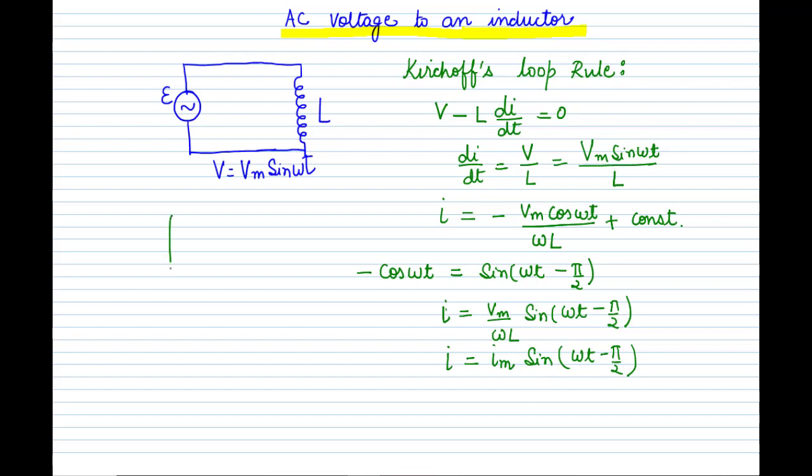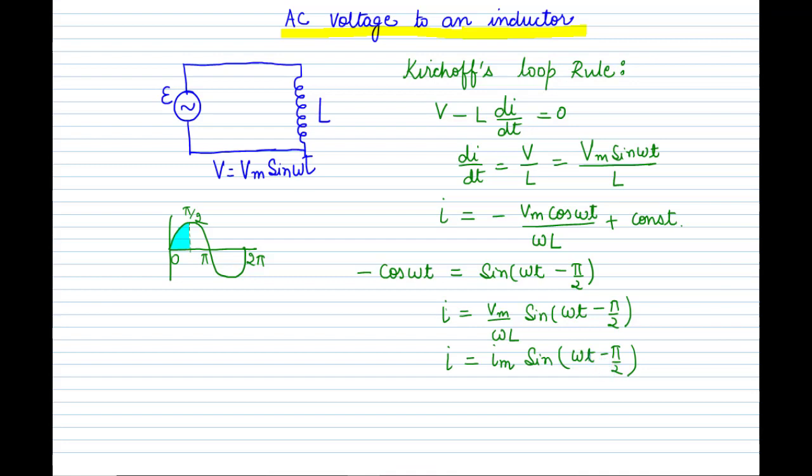So if you draw a cycle, suppose this is 0, this is pi, this is 2 pi. So how much is it lagging behind? It is lagging behind by pi by 2. If it is here at pi by 2, then how much of the complete cycle is that? This is 1/4 of the complete cycle. As you can see, from 0 to pi by 2 is 1/4 of the complete cycle. That means the current is lagging behind the voltage by pi by 2 or 1/4 of the complete cycle.